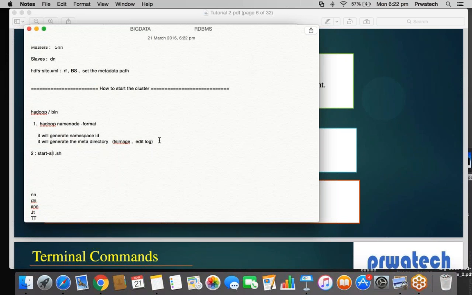Okay. You will write what? start-all.sh, which will start all the daemons which you have designed in the cluster. Now, it is very important to check whether all the daemons are running or not. These are the daemons which we are expecting: name node, data node, secondary name node, job tracker, and task tracker. All of these daemons are expected to run